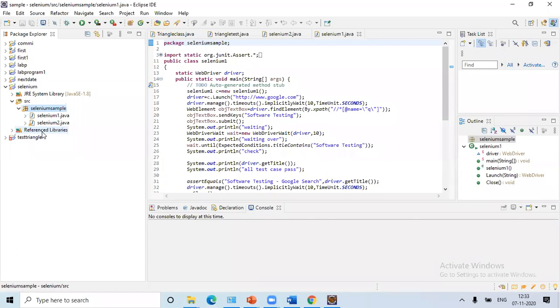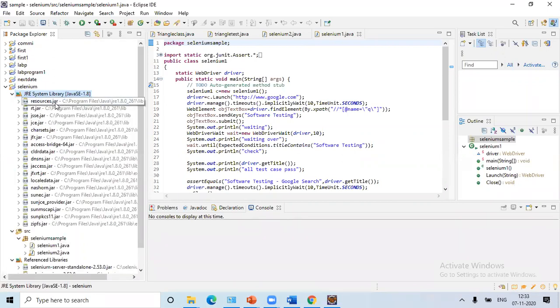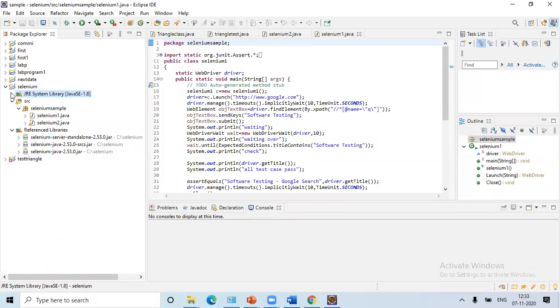See here I have added reference libraries. If you want to start your WebDriver, that means your server, definitely wherever you are writing your program, you need to include the libraries. These are the predefined libraries that we get whenever you create a new Java project. You will get this already. JRE will have different jar files that are necessary to support our application. We'll get that automatically, and anything more you want, we have to add.